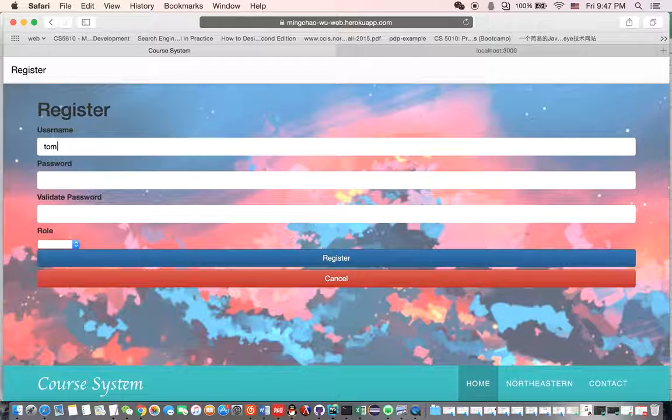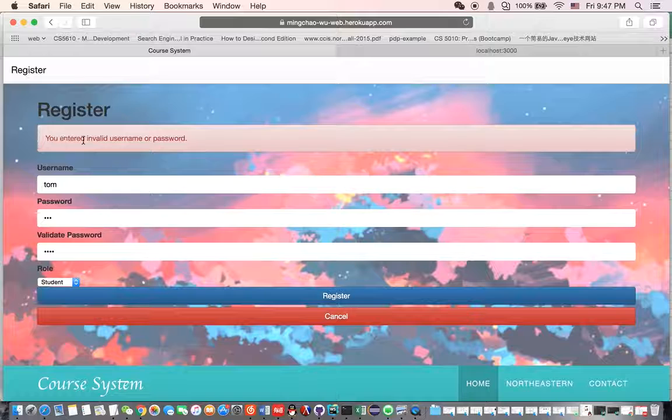So if I say Tom, if it's not Tom, and there's a rule you can see, student or professor, no matter what I choose, if it's not correct, it says invalid user password. But if I input some account that already exists in the system, it will also say username already exists, that's not available. So if I want to create a new account,